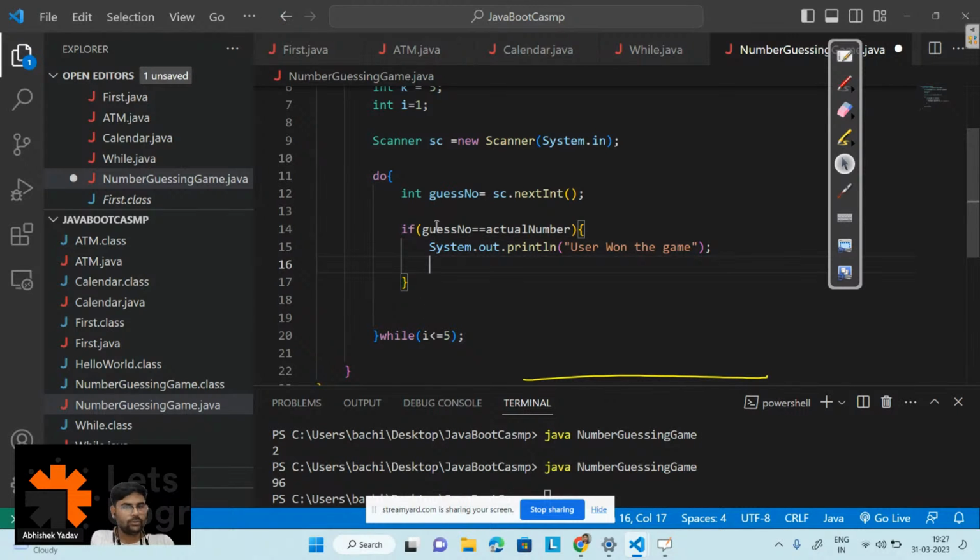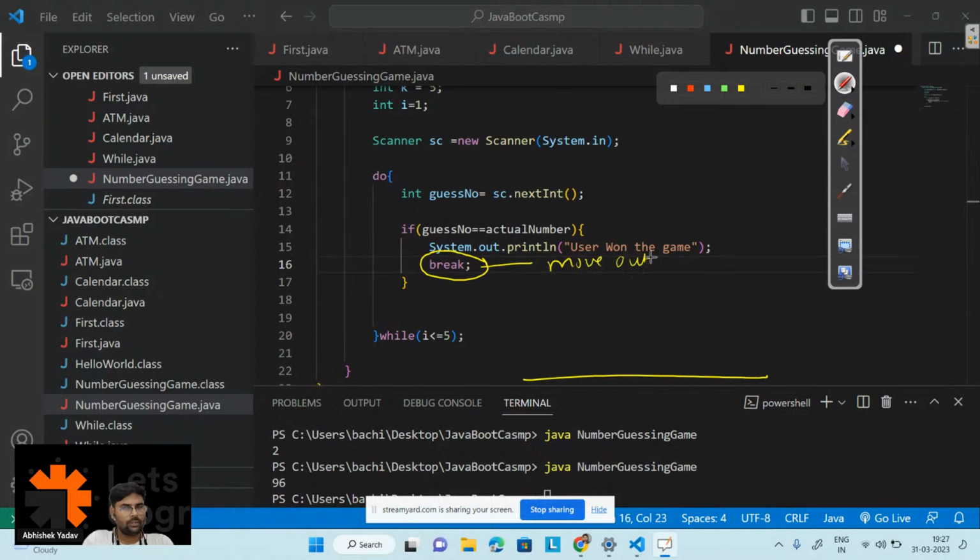And if the user won the game, there is no need to do the iteration here, right? What I will do is break from the loop. The moment this break gets executed, you will move out of the while loop or any loop. So this is the break keyword here, and after that,